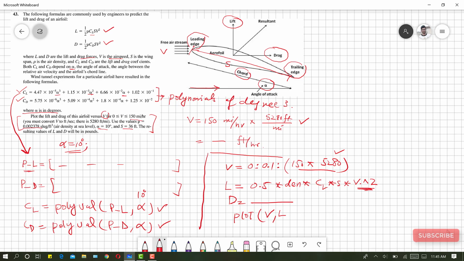And so far we have plotted only one data on one plot. If you want to plot two data on a single plot, we can use the plot function. So how to do it? Then we will use a comma, and then we will write V, and this time with drag. So this will give us the required plot.